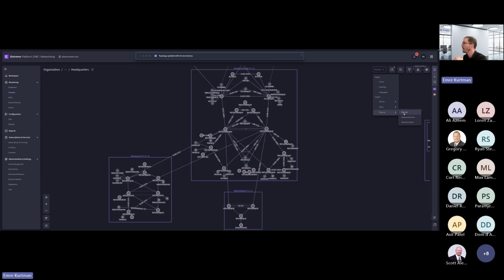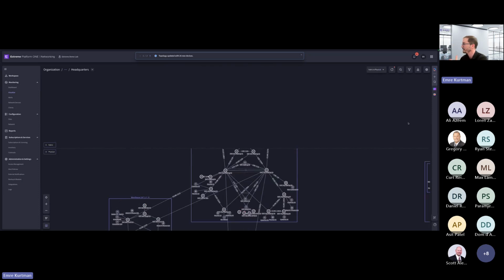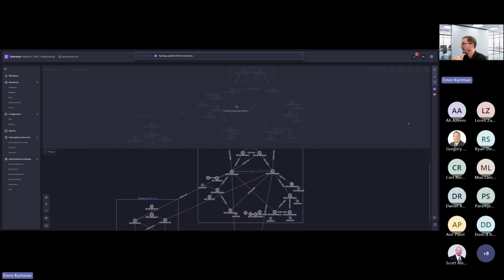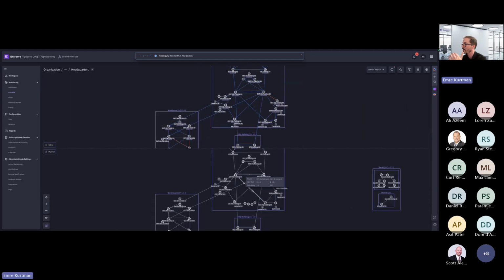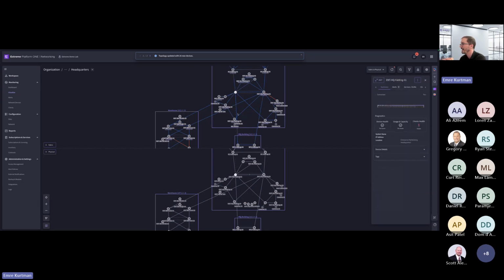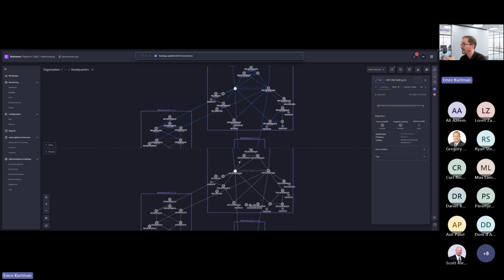So I would like to now open the physical and fabric together. And here you can see the correlation, right? If I zoom in, zoom out on one layer, you will also see the same change reflected on the other layer, in this case, physical and fabric together. And if I select any device, either on the fabric layer or on the physical one, then I see the correlation line so that you don't lose context, okay?